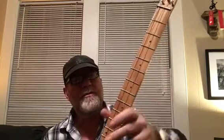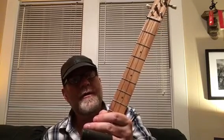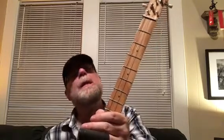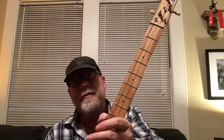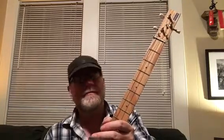If you'd like to tune this to a G, you probably should get some .10s. I'm using the 5th, the 4th, and the 3rd string. This is a very, very common tuning and a very common string configuration for a CBG. It's not the only string configuration or tuning. There are millions of tunings and string configurations for CBGs, but this is just a real popular tuning for both veteran players and beginners. A ton of beginners have purchased my cigar box guitars as a 3-stringer